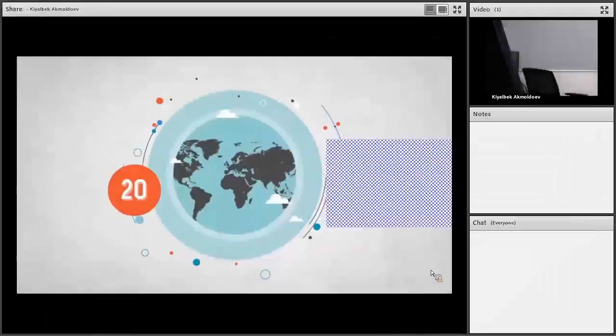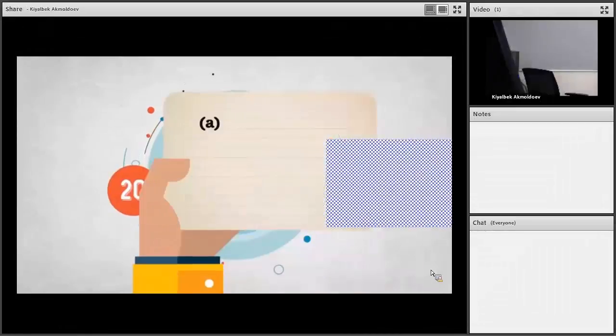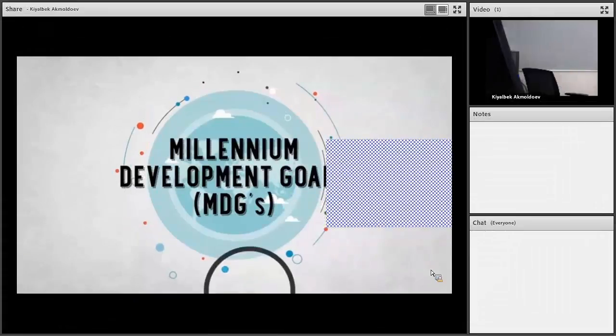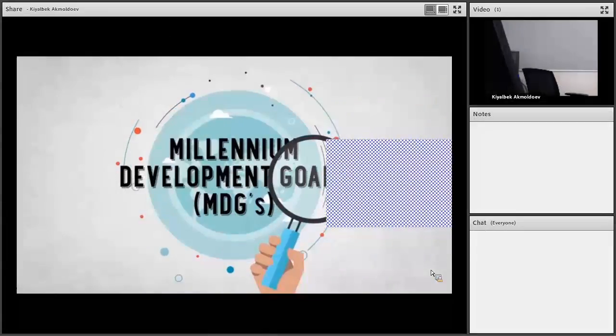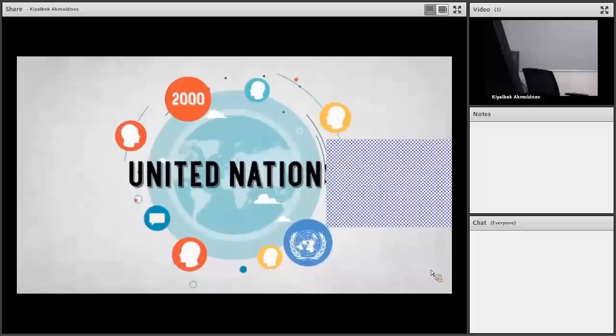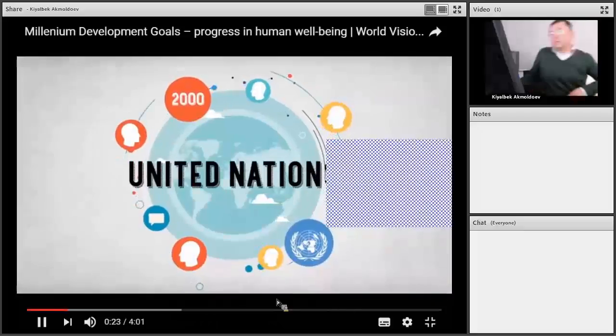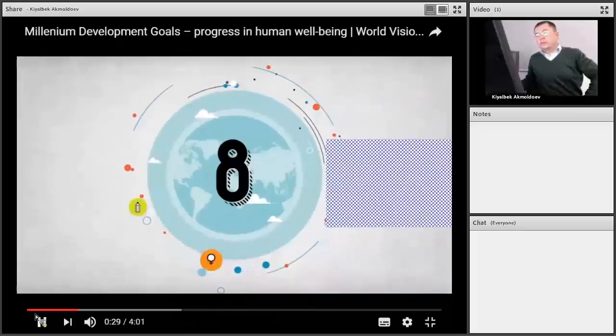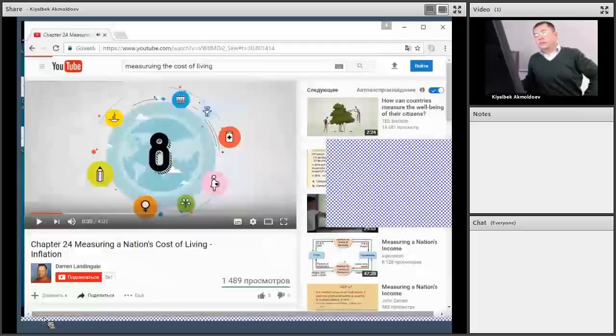Here's a question for you. In the last 20 years, has the proportion of the world's population living in extreme poverty A, doubled, B, halved, or C, stayed the same? Let's find out. To help us, enter the Millennium Development Goals, MDGs. In 2000, all member countries of the United Nations, that's almost the entire world, agreed to 8 goals to reduce extreme poverty. In a nutshell, the MDGs are